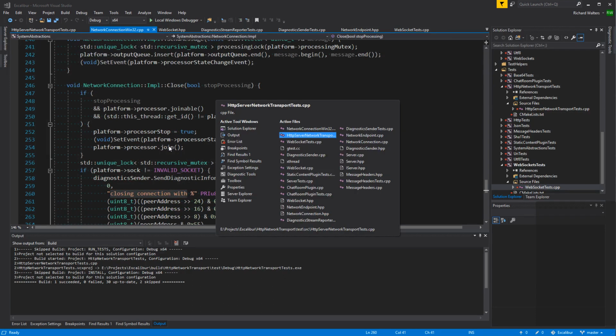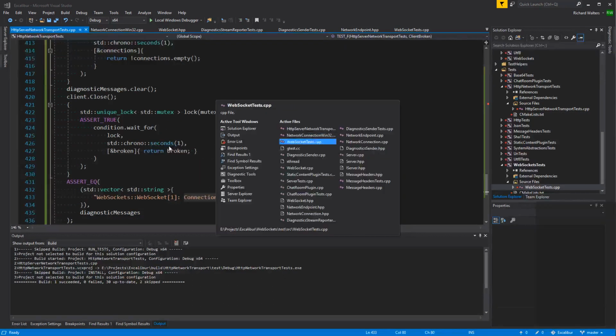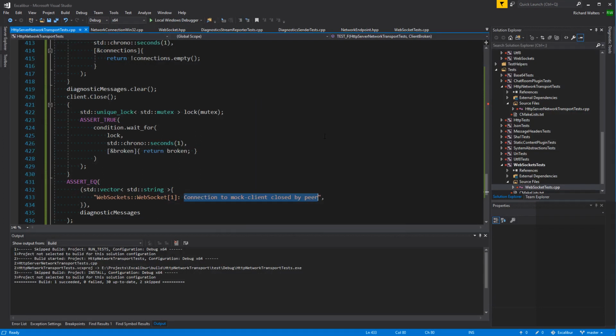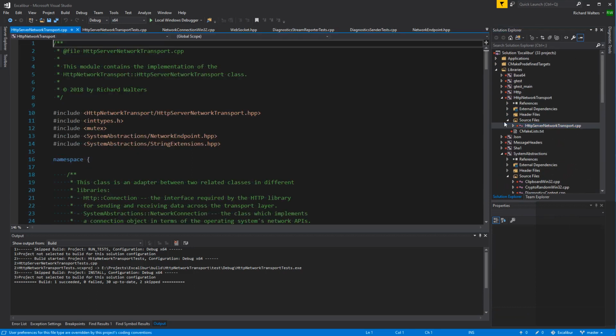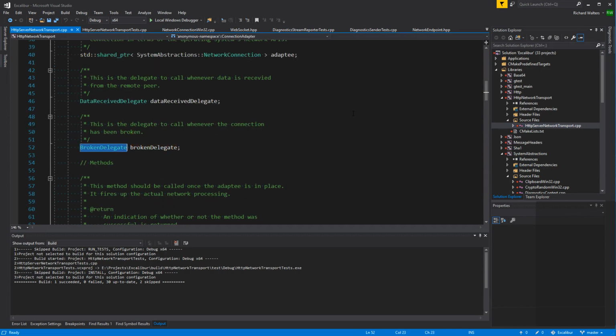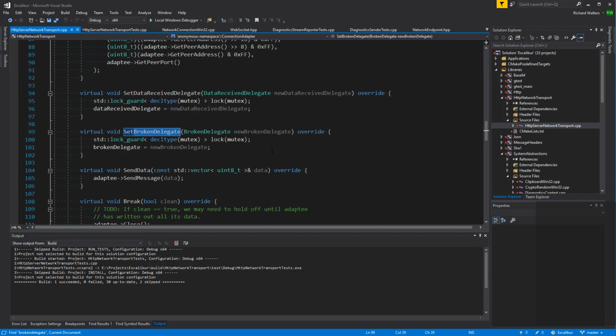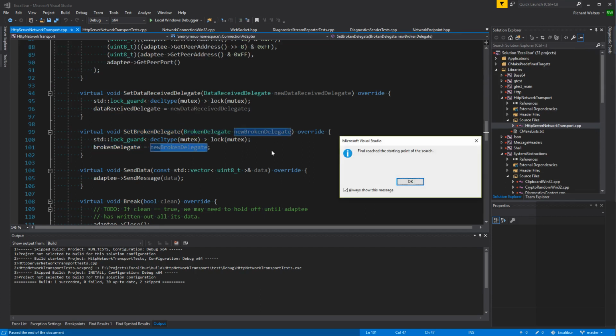What does the network server transport actually do, though? I don't know. Let's look. That's in the broken delegate, right? What happens when the broken delegate gets called? Oh, no, it's not.